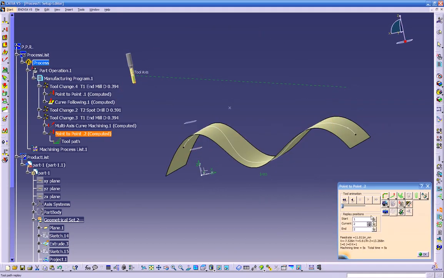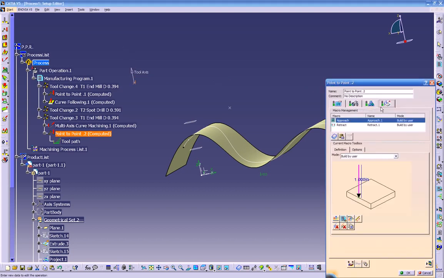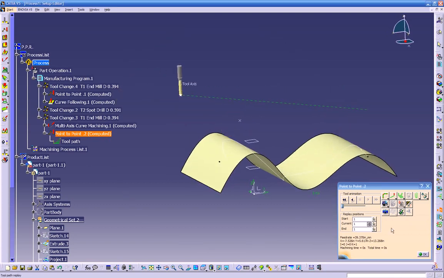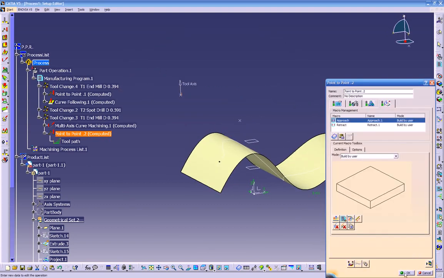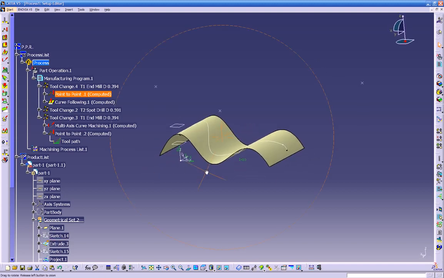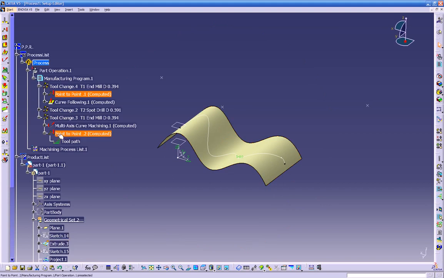So the tool, see right now we have a little motion in there because we have this selected, but you can delete that and deactivate this. So now the tool is right there. Okay. Click OK. So we have starting over here, machine the whole part, and the tool comes over here. So point to point usually works pretty good. For example, if you have some clamps in here,